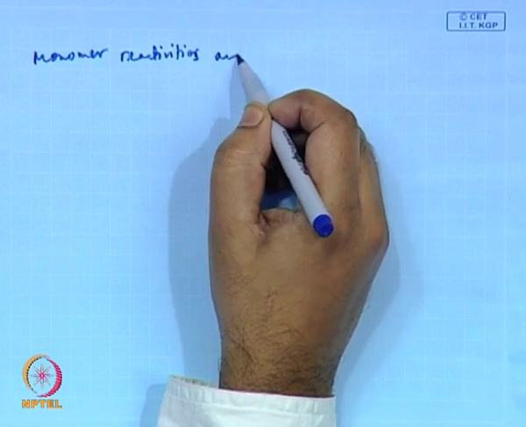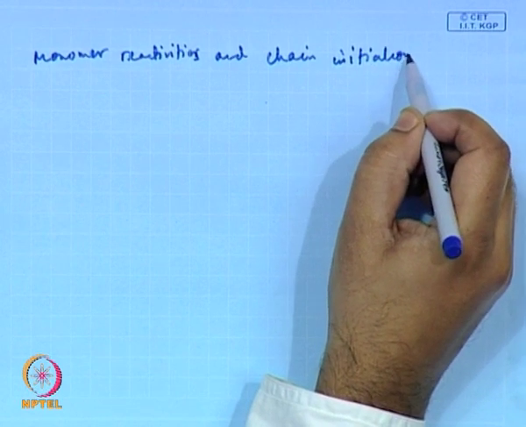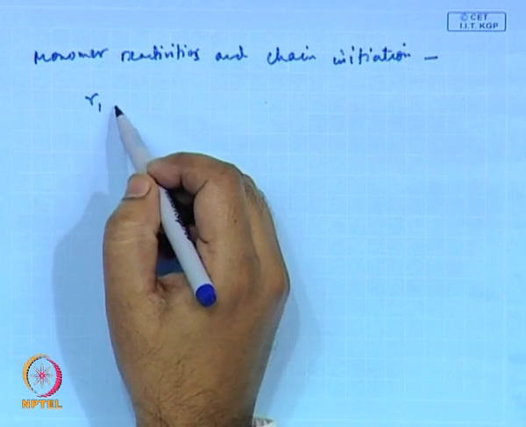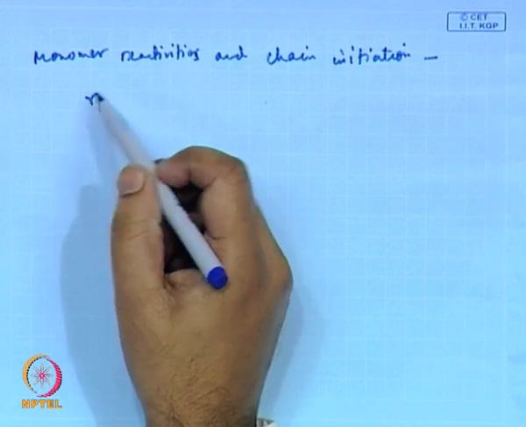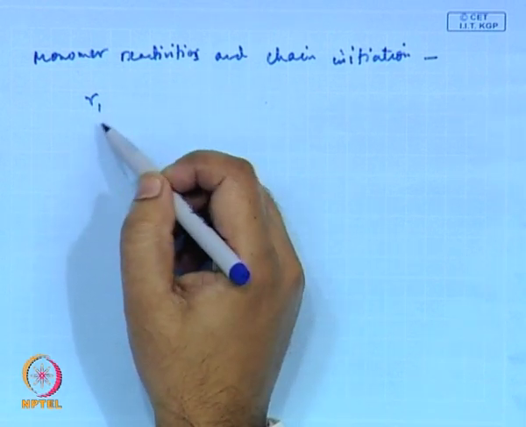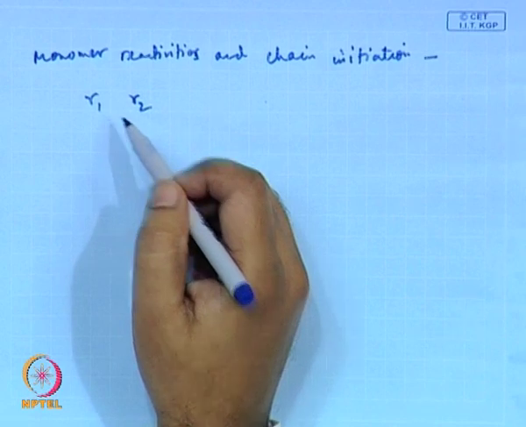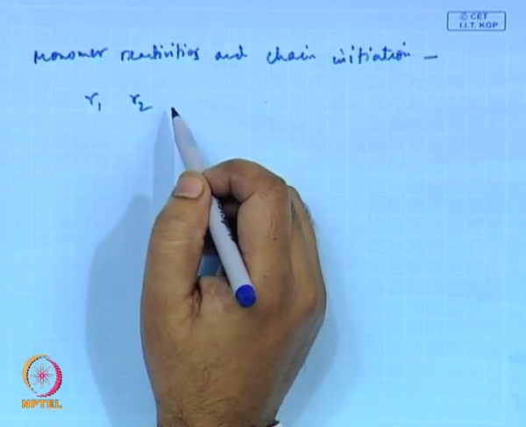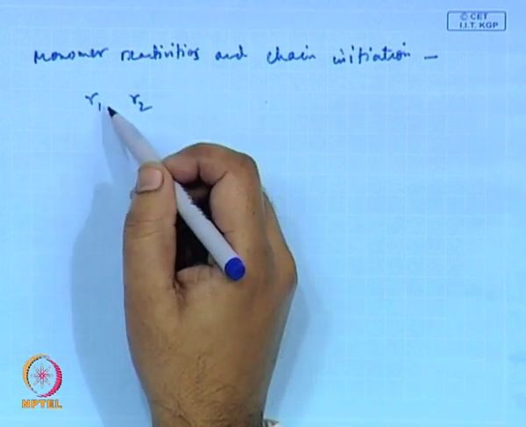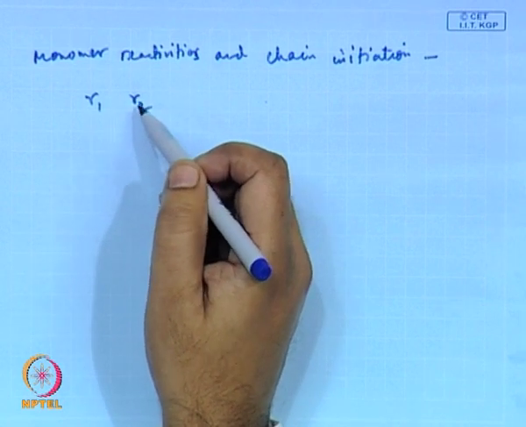Reactivities and chain initiation. Now, we have seen that this scheme, what we have been talking about till now, is valid for radical initiation or ionic initiation. The set of values for R1 and R2 are almost independent for a radical initiated chain copolymerization, but the values of individual R1 and R2 could dramatically change if the mode of initiation